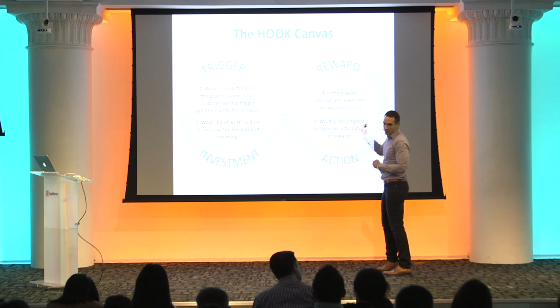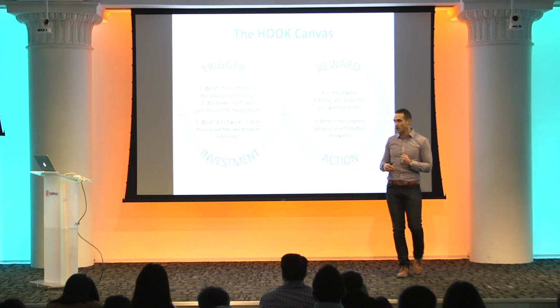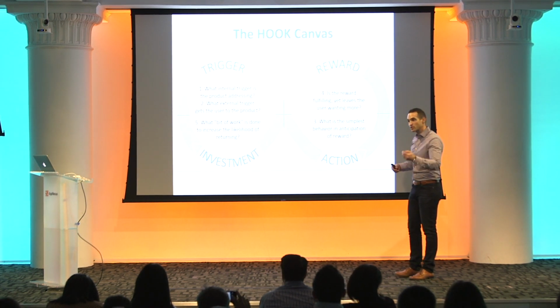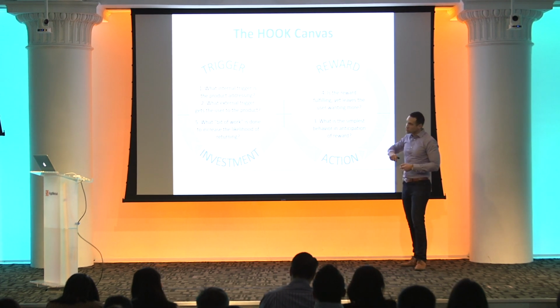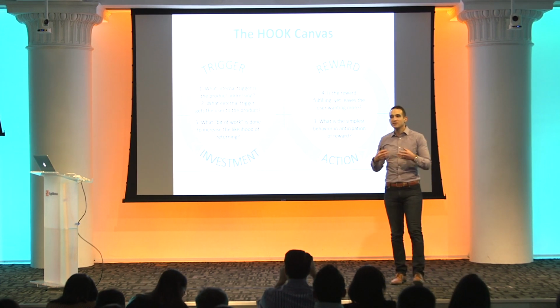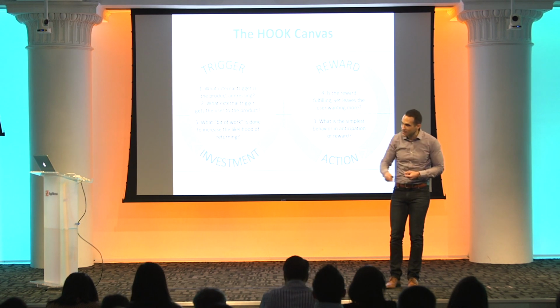yourself these 5 fundamental questions. Number 1, what's the internal trigger that your product is addressing? Number 2, what's the external trigger that prompts your user to take the key behavior? Number 3, what's the simplest behavior done in anticipation of a reward? Is the reward fulfilling and yet leaves the user wanting more? And then finally, what's the bit of work that the user does to increase their likelihood of the next pass